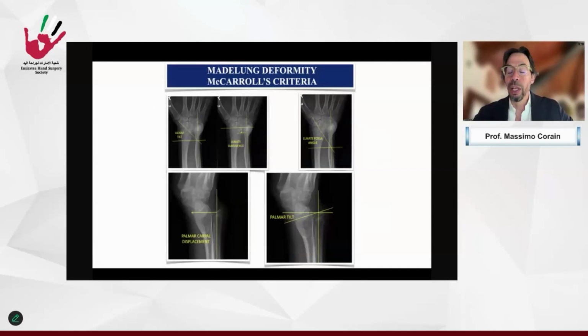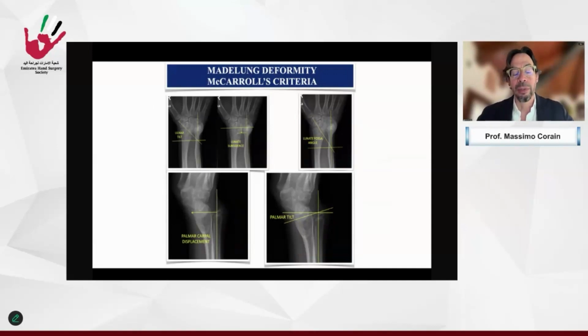I saw that it was useful above all in Madelung deformity, because Madelung deformity is not easy to understand and to see in the best way. There are the McCarroll criteria in Madelung deformity that help us to understand the ulnar tilt, the lunate subsidence, the lunate fossa angle, the palmar carpal displacement, and palmar tilt.